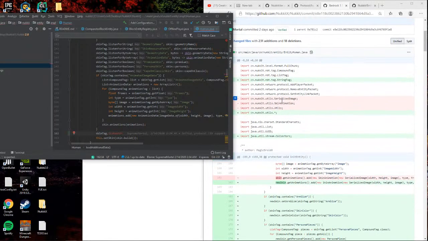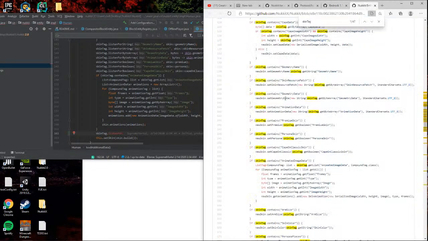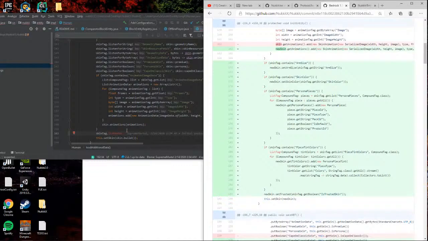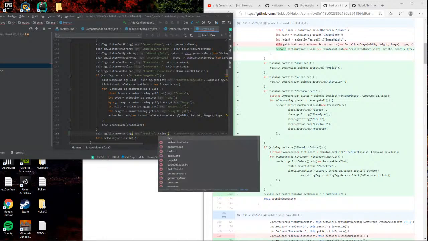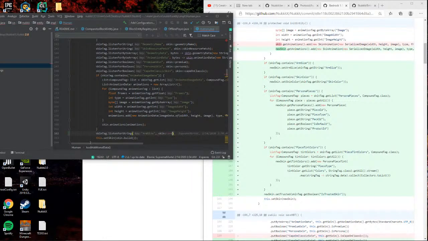All right, because all of these are booleans. Yeah. All right. So listen for string arm size, where I then do skin arm. That's not a thing. Great.